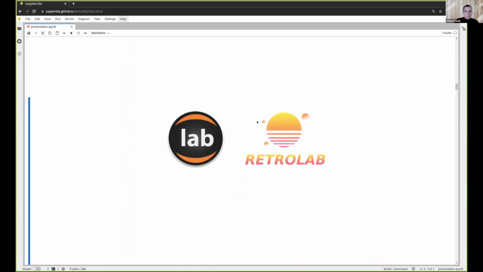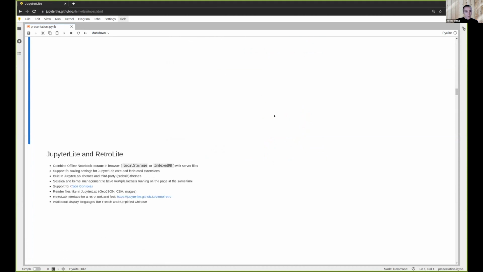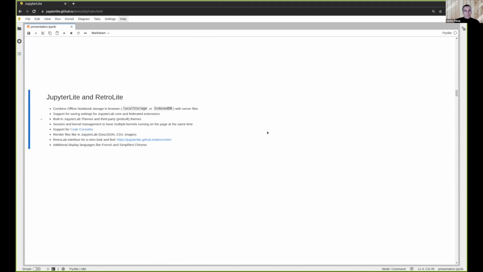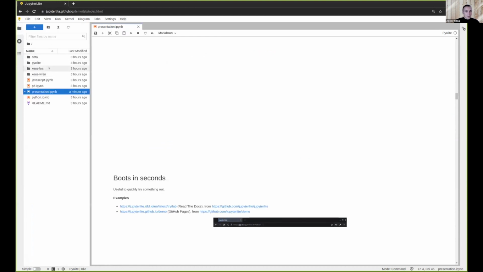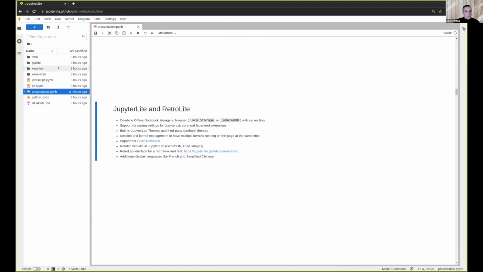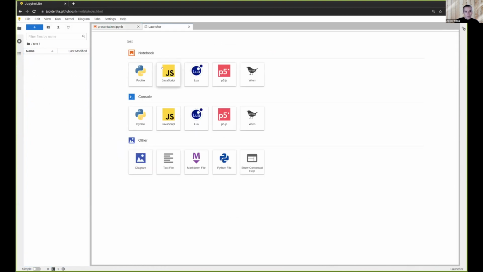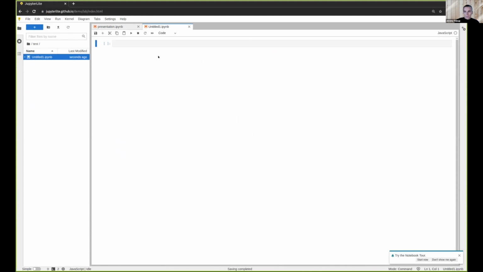So here we're talking about JupyterLite, which is a combination of these two interfaces, JupyterLab and RetroLab, that you can use in your browser. There are a couple of features that are supported by JupyterLite. If you open the file browser, you have access to a couple of files, and those are notebooks. So actually, you have something that behaves almost like a real file system. You can create a folder. You can go in a folder, and then if you want, you can create a new notebook here, and it will be saved in your local storage